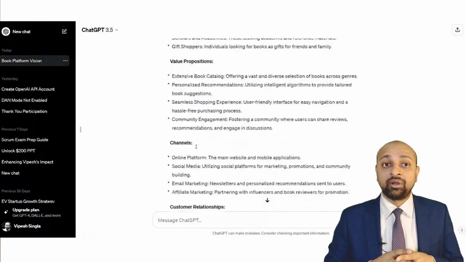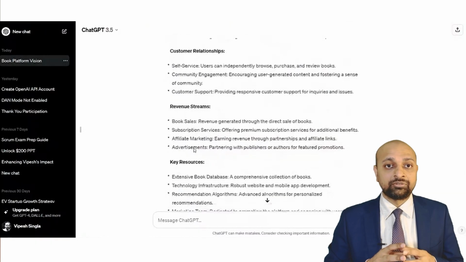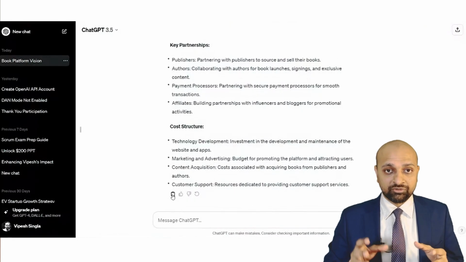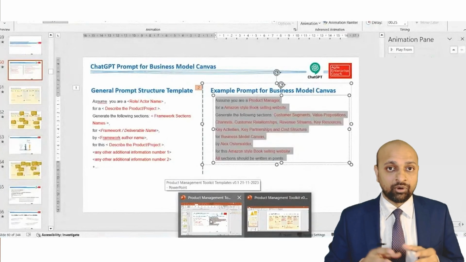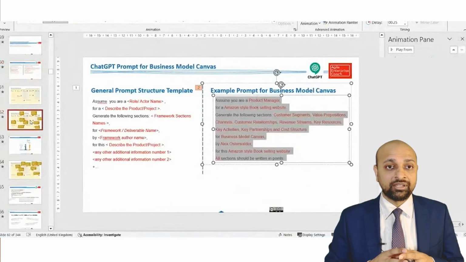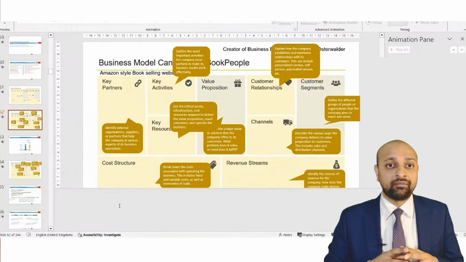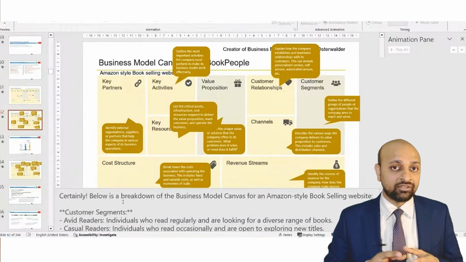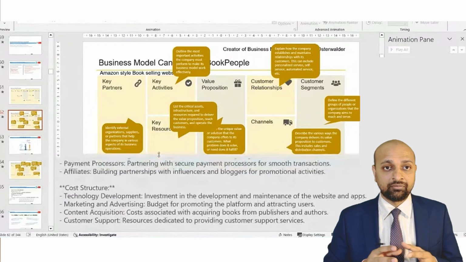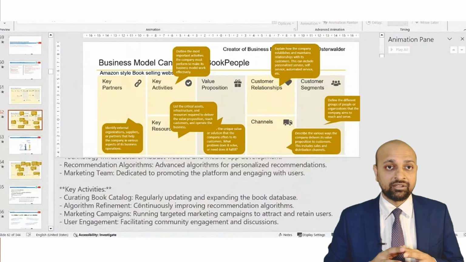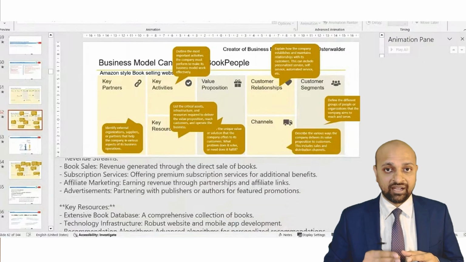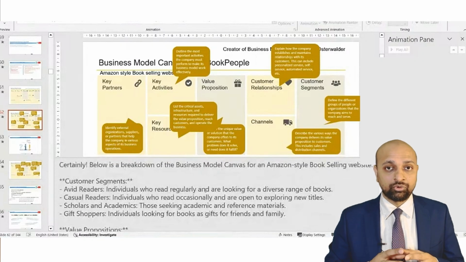So what I'm going to do now is quickly put the response which ChatGPT has produced for this business model canvas in our PowerPoint. And then we will review it against the guidelines provided by the author of the business model canvas. Firstly, one key refinement I'm going to make is that when I'm adding it to my template, I will not add the descriptions produced by ChatGPT for each of these headlines. I will only keep the headlines.